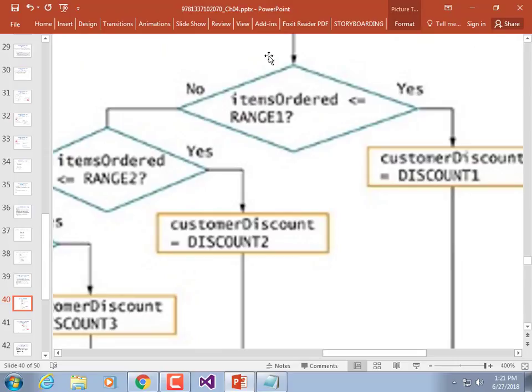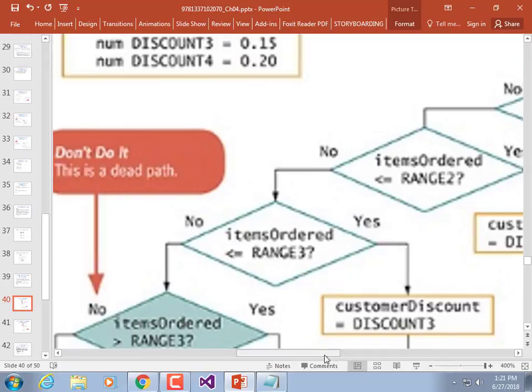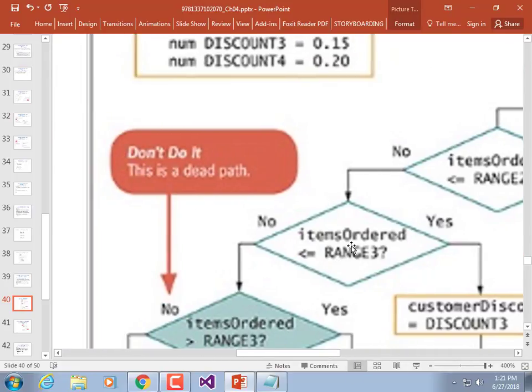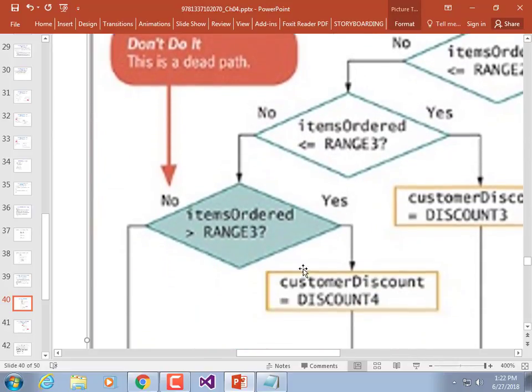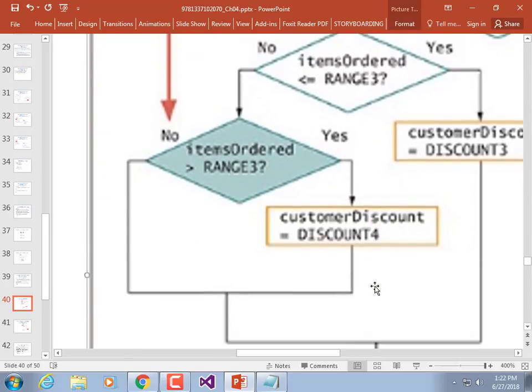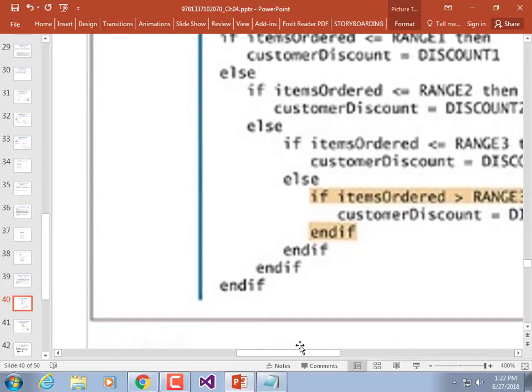Same thing. If the items ordered is less than 10, they don't get a discount. If that wasn't true, but then it turns out that they did order 20, they get the second discount. You get down here, is it less than the third range? Then they get the discount. Else, is it greater than the range? They get the fourth discount. Now maybe it's not clear why that's wrong, but if we looked at it down here,